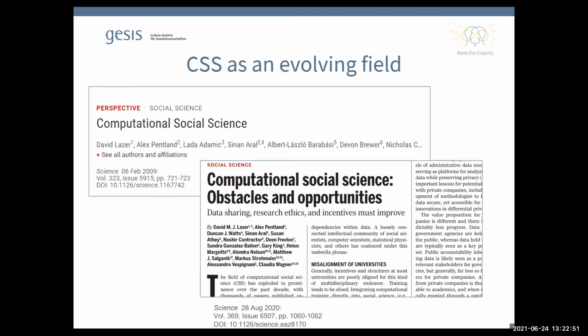And so this was in 2009. There is an updated version, so to say, from 2020, so a bit more than 10 years later, which nicely shows that computational social science is an evolving field. So the authors are reflecting on which new challenges have emerged, like a more specific focus on research ethics, for example, and on data sharing practices, and also report on how the field has come together from different perspectives.